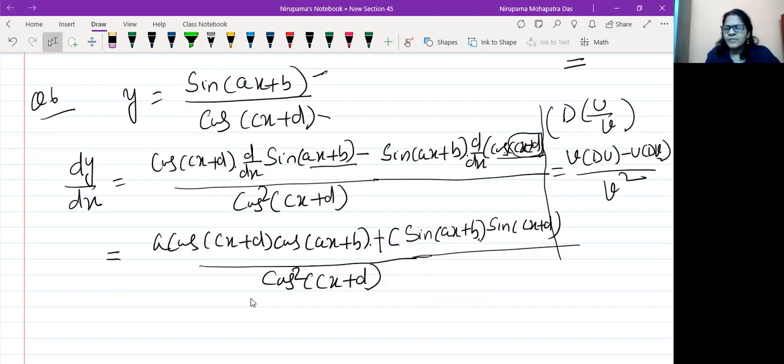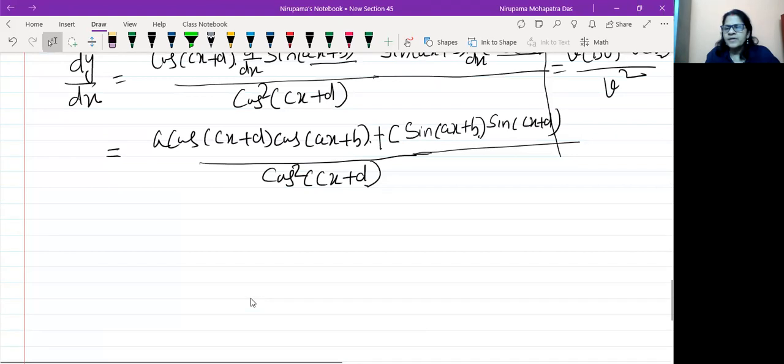Okay, so basically the one key point you have to see is the direct link, a function of a function, that is the tagline. And second thing is whether it is product rule, quotient rule, whichever rule is coming. If it is a product of two functions, you have to start with product rule, and while differentiating the individual function, you have to apply chain rule if it is a composition of two or more functions. Okay, and for some simple functions, like sin ax, you can apply this directly.